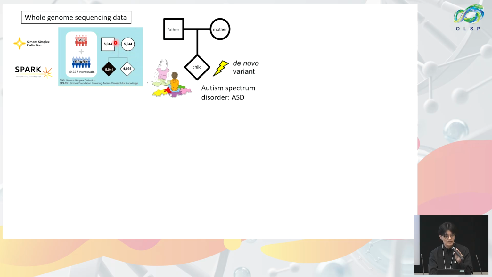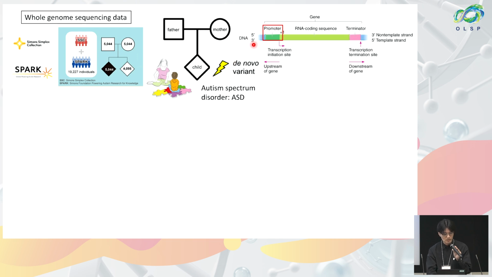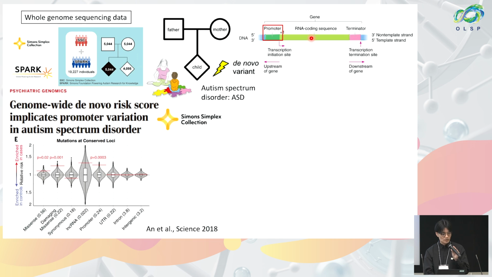So this family dataset allows us to analyze de novo variants only observed in the child and not seen in parents. And specifically, we focused on promoter regions because a previous study analyzing a subset of this dataset reported